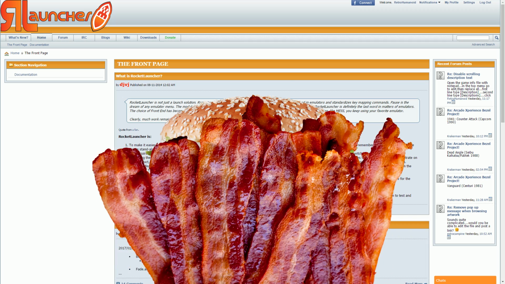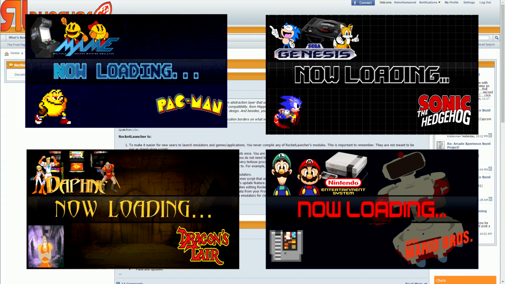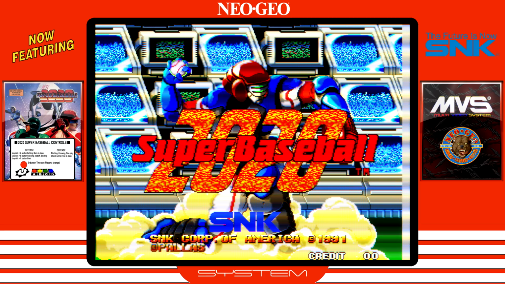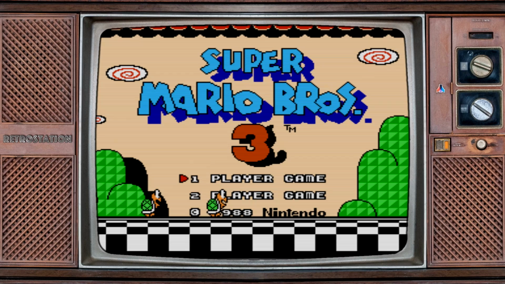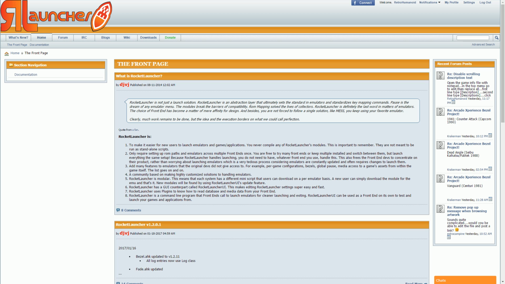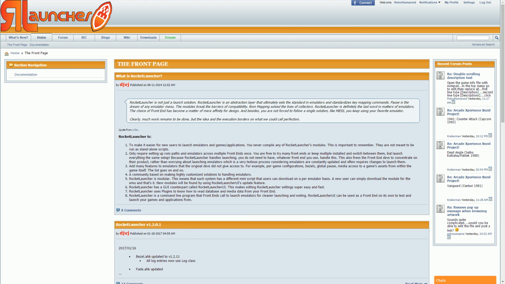crispy bacon. Without much trouble at all, you're able to add fade images to cover up all those nasty windows and command prompts that pop up while loading games. You can also add in bezels to cover the blank spaces around your games and retain a 4:3 aspect ratio. With very little work on your end, you can easily have more difficult systems such as Daphne up and running in minutes because all of the code is run through modules created by the Rocket Launcher team, and they are